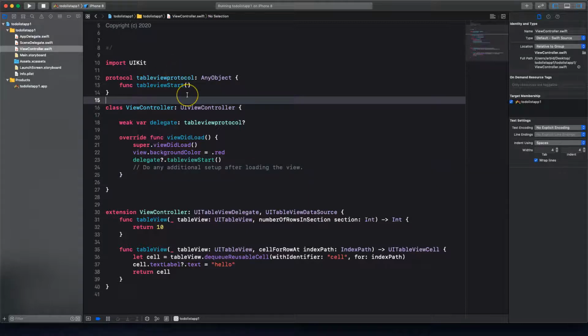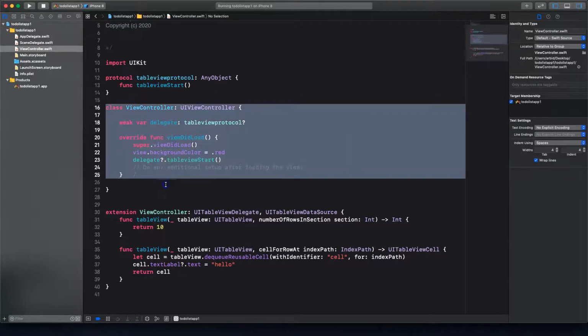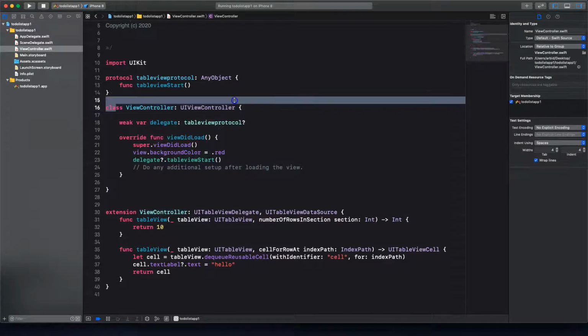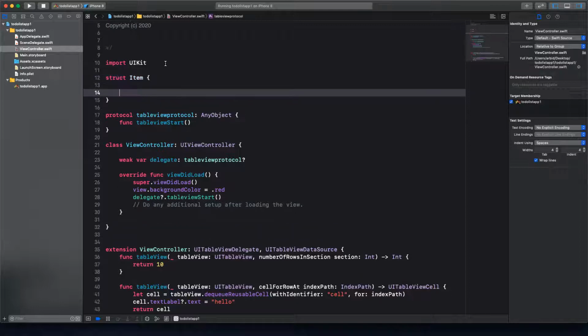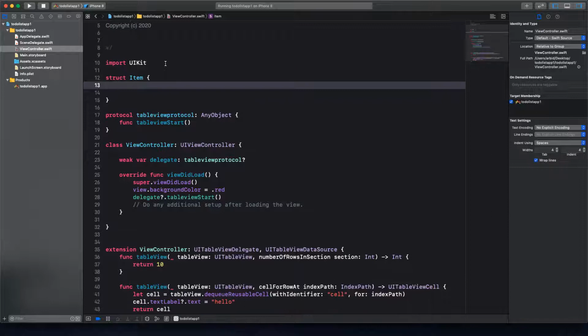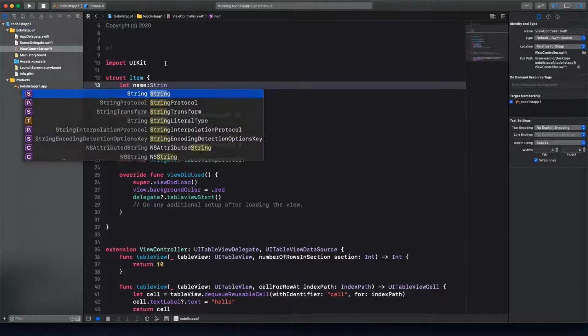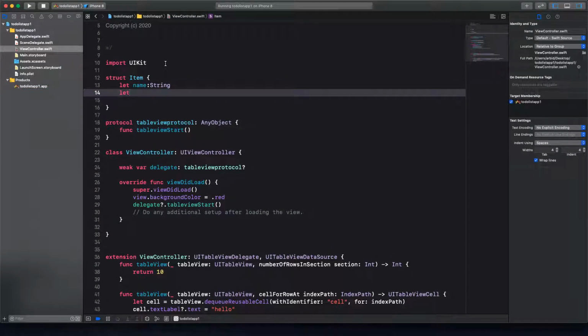So a struct is basically, there's two different types. Remember I said we have class, and class is a reference type. It has an address in memory. But if I were to create a struct, so I'm going to create a struct of items, item, and in my item it's going to have, let's see, item name, and maybe we should have a date for the item, and we will have